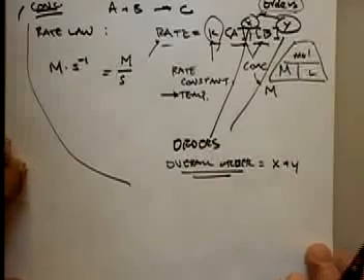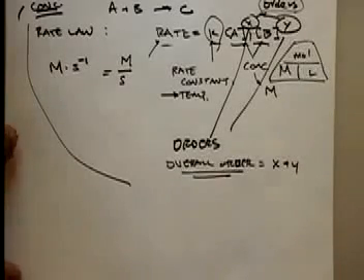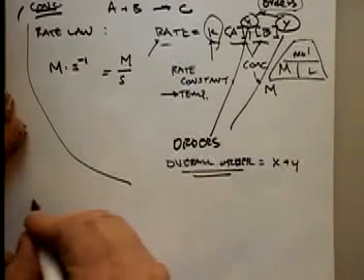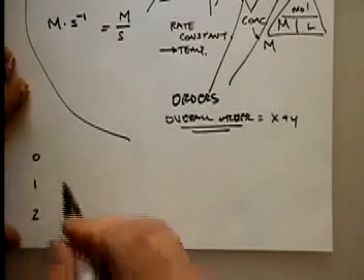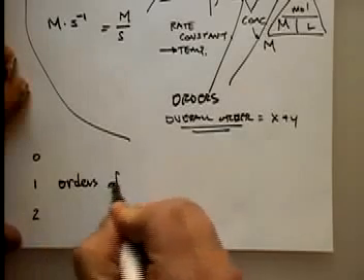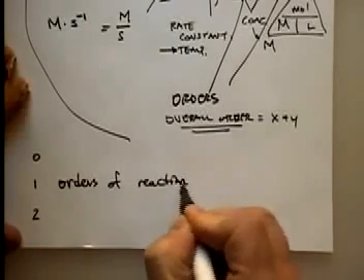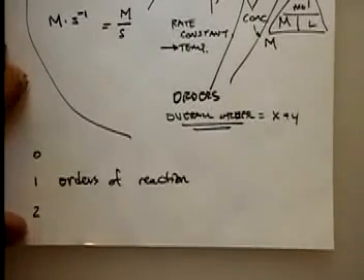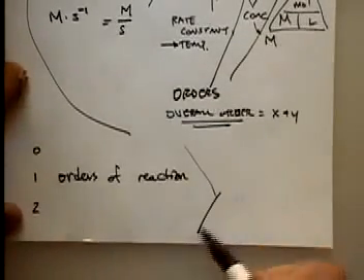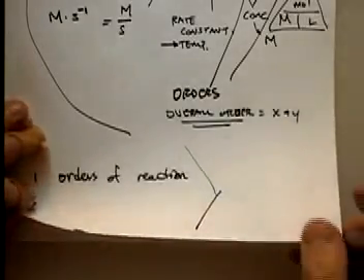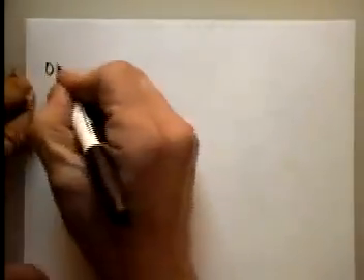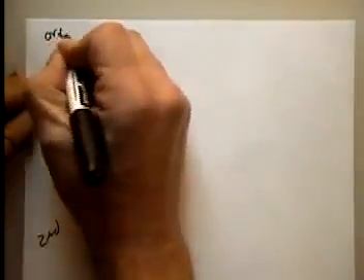There are three very common orders of reactions that we see. There is a zero order, there's a first order, and there's a second order. 0, 1, and 2 orders of reaction. And when I talk about the orders of the reaction here now, they're pretty much the overall order of a reaction. And in this class, we generally just look at the three orders of a reaction with respect to one reactant. So let's take a little bit closer look at those in terms of zeroth, first, and second order of